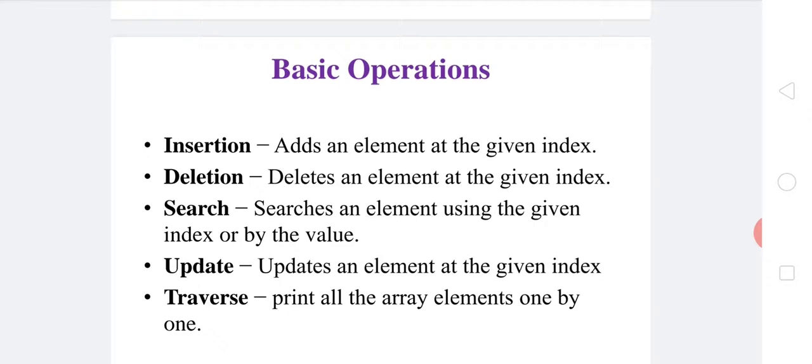You can perform a search on an array based on its value or its index. The next operation is update, which updates an element at the given index. Update operation refers to updating an existing element in the array at the given index. The last operation is traverse. Traversing means printing all the array elements one by one.